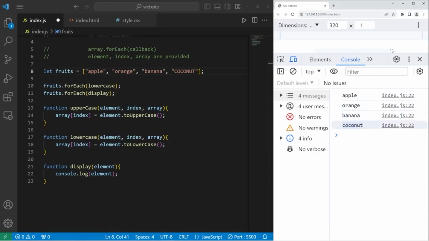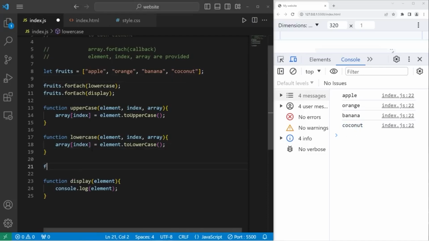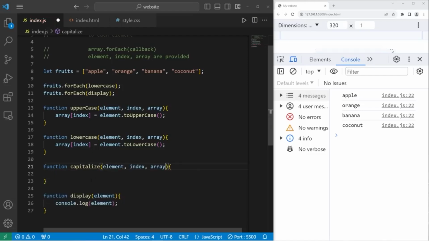This will be a challenge round. We will capitalize the first letter in each element of this array. We will create a function, capitalize. The element, index, and array arguments are going to be provided to us. Take our array that we receive, at the current index, set this equal to, we're going to get the first character in each element. We will take our element, get the first character, charAt index of 0, method chain